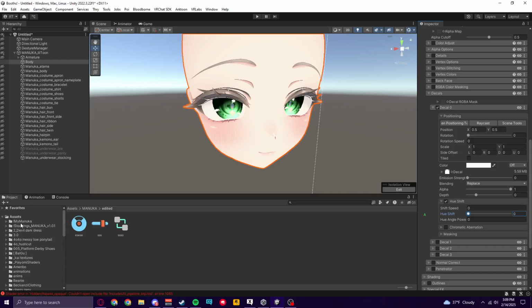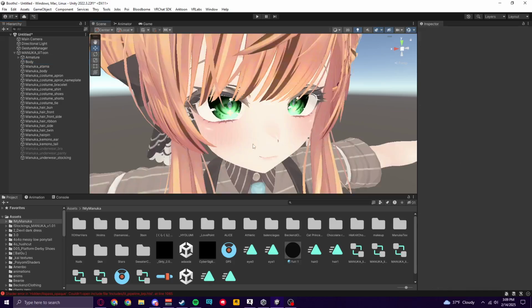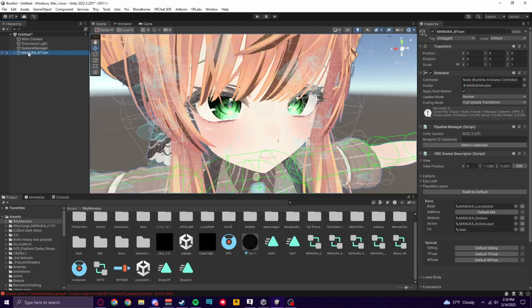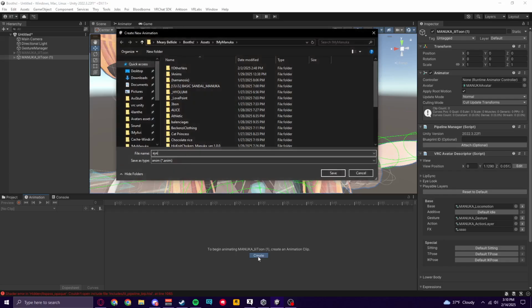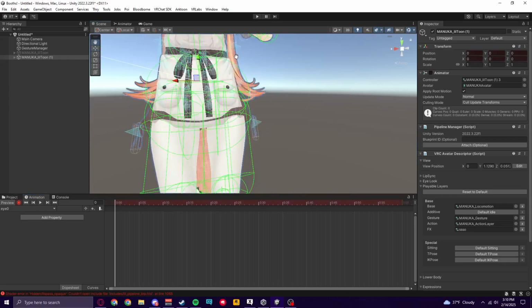And then you're going to find where you want to add the animation for your eyes, which in this case is going to be right here, just in the file with the rest of my Manuka stuff. Going to click on the avatar, Control D to duplicate it, select your avatar, go into animation, create. For this, since we're using eye, put eye 0. It can be whatever mesh you're using. Again, for this, it would be the eyes.